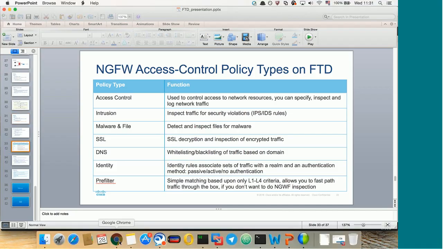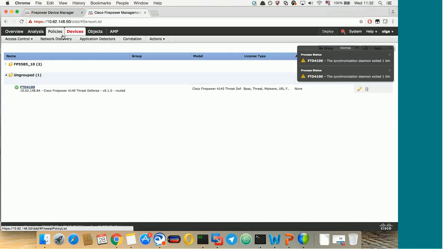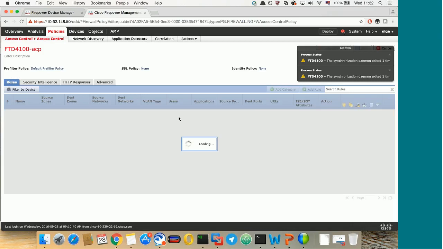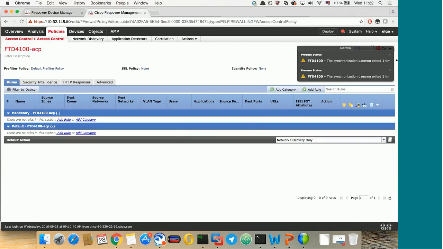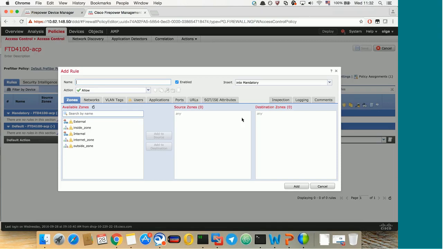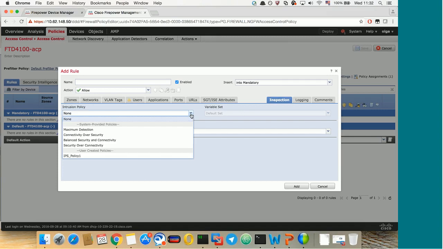Let's go to our FMC. And while the registration process is still going, let's quickly verify. So when you're clicking on Add Rule and navigating to the Inspection tab, you can apply an intrusion policy to your access control rule. And here, Cisco has 4 base policies, such as